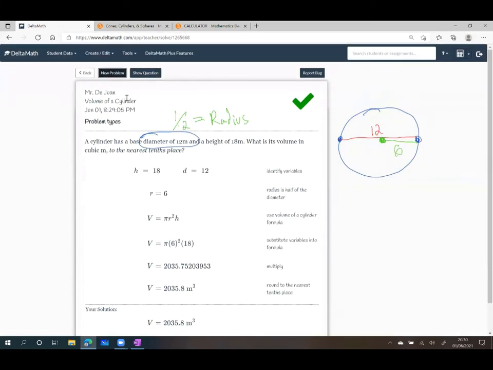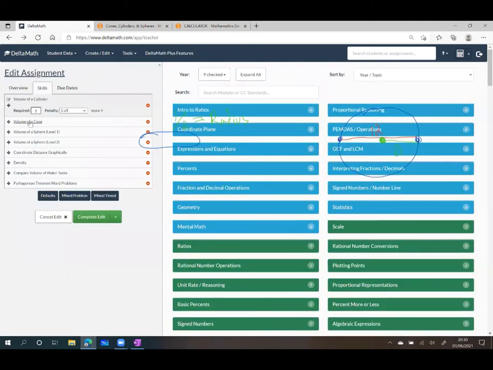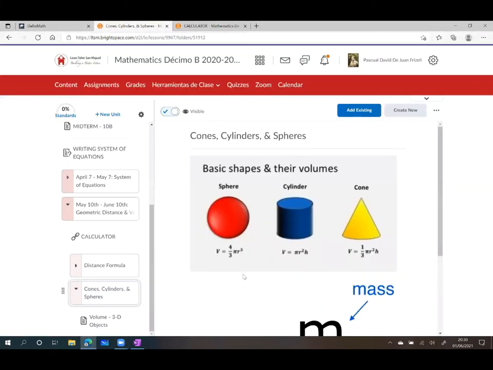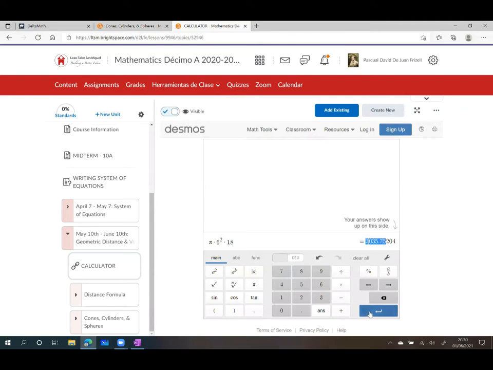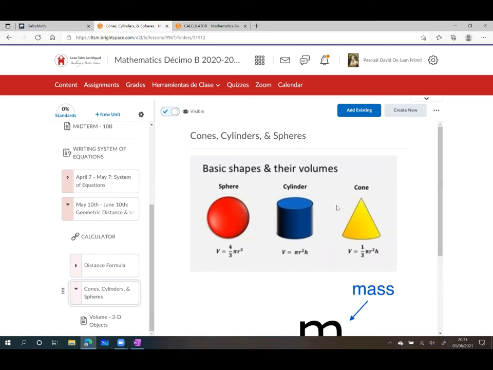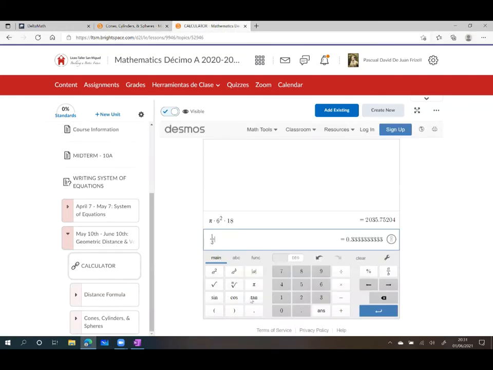Okay, so I hope the volume of a cylinder makes sense to everyone now. Another skill that we're going to take a look at is the volume of a cone. Exactly like you saw before, these questions require you to use the formula that is given. So just for the purpose of simplifying it, we're going to already type in the formula. That way we don't have to constantly type it in. One third of, what is it for a cone? Pi, one third pi,